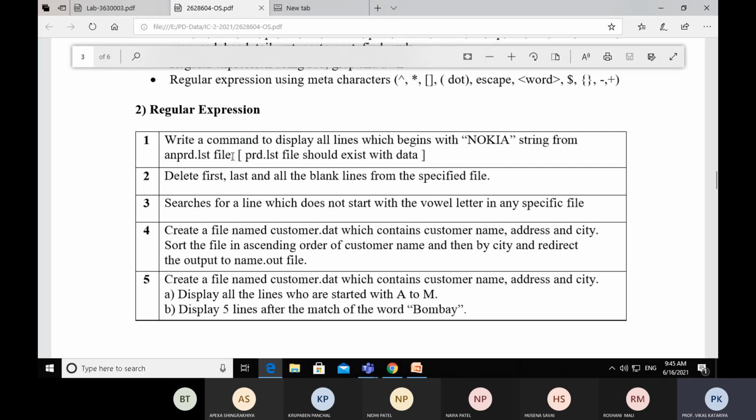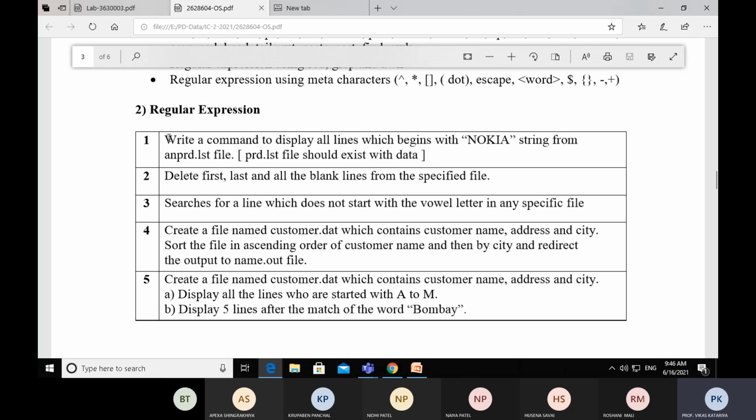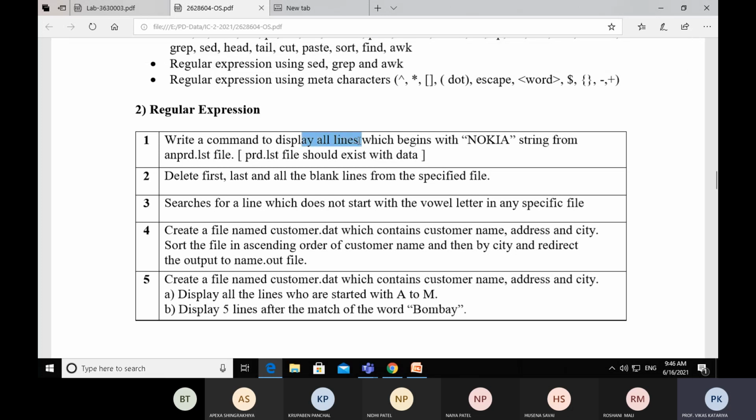So we have to specify the name of the file, anprd.lst. In this file, we have given some records, and maybe some records start with the Nokia string and some may not. So the question is asking us to display only those lines or records which begin with Nokia. This task can be done by the power symbol, which is used as a regular expression or meta character.